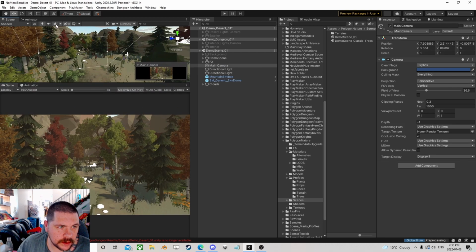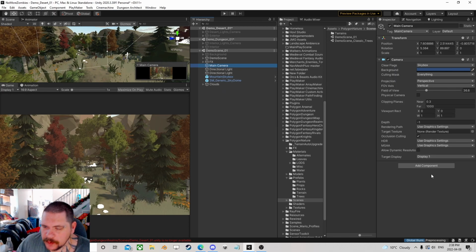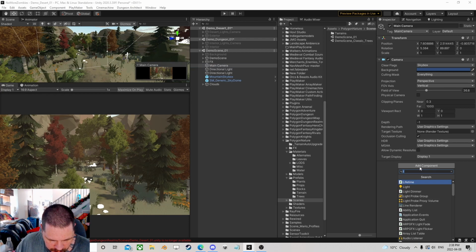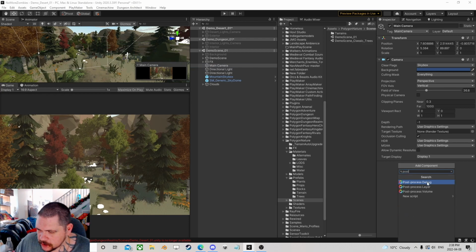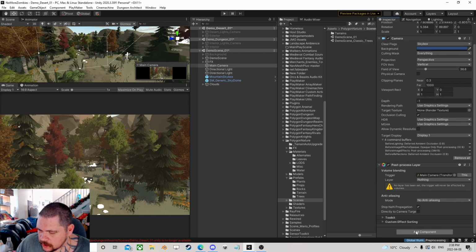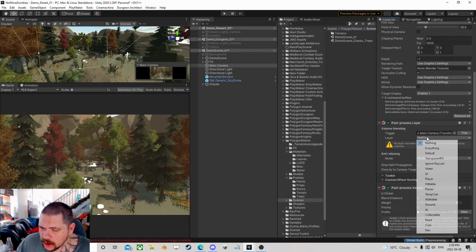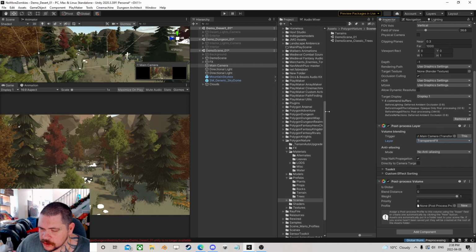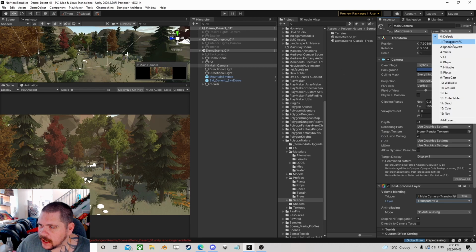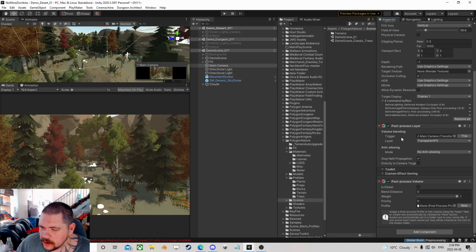Once you have it, if I take this camera and like you can see, there's stuff here. Right, I don't know. I don't think they have any post-processing on. No, good. Right, so here's a camera. So typically, what I'll do is I'll just add a post-processing layer and a volume. So the camera, I'm going to put it on. I'll use transparent FX. So I'm going to put the camera on that same layer, and then I'm going to